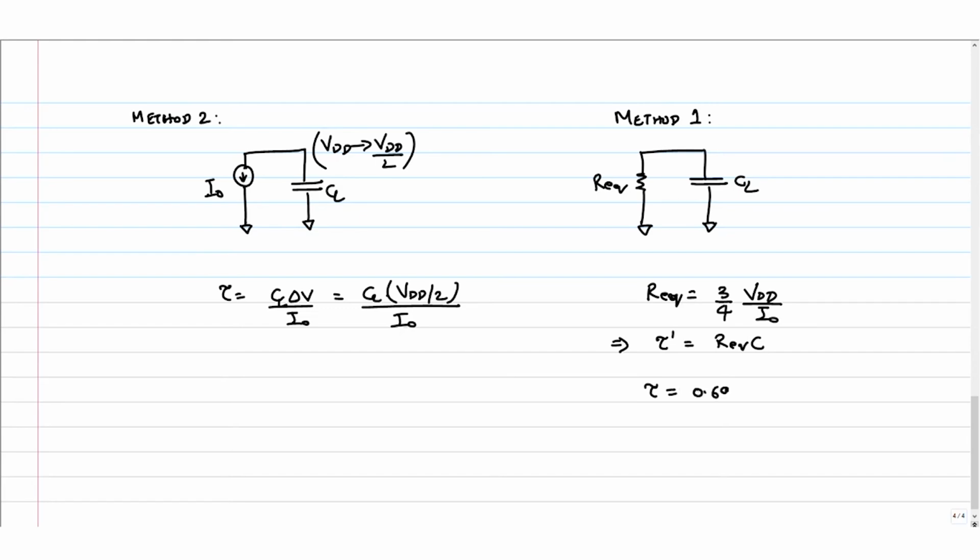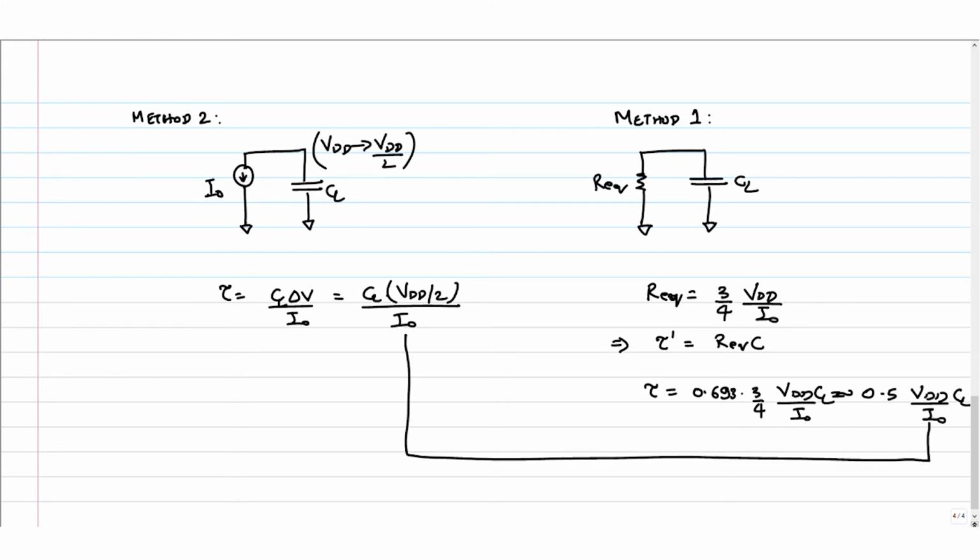So this is 0.693 into 3 by 4 VDD by I naught, right. So this is approximately, again we'll get 0.51 or 52 or something like that, into CL by I naught. Now these two answers indeed do match,